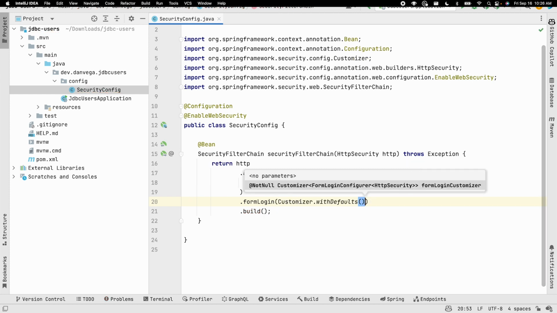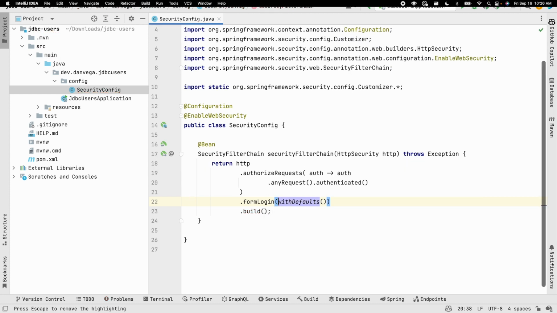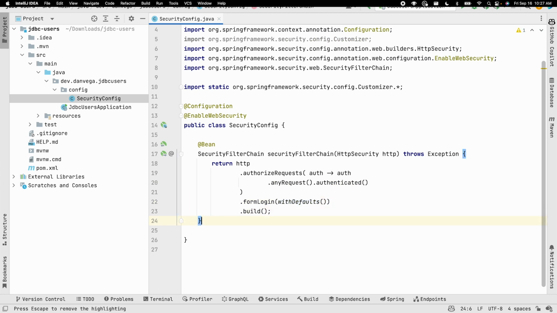And we'll say with defaults, and I'm going to make that a static import just to clean things up. And then we go ahead and build that, and that is what we return. So that's a good start. That will kind of lock down any request. So what I want to do is go ahead and set up a controller so we can have a request